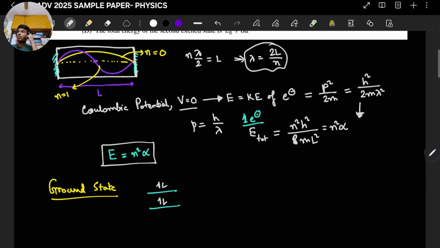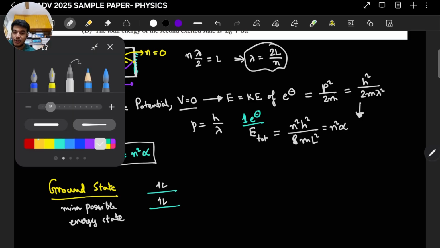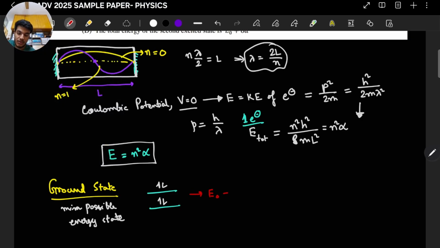So don't confuse it with a single monoelectron system, because this is not a monoelectron system. In a monoelectron system, a single electron is there, so the ground state is just a single orbit, or the first excited state will be the next orbit to which it is excited. But here it would not be like that, because it's a multi-electron system, right? So the ground state is the minimum possible energy state that can be created out of the 4 electrons, and the energy corresponding to this is E naught,